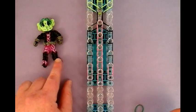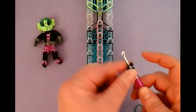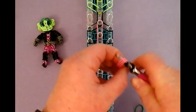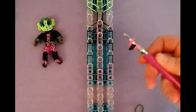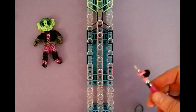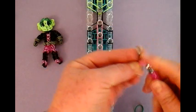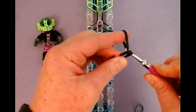Okay, so now we'll make his legs, and you're going to need the hook. You're going to need a double black, so 2 black, wrap it on your hook 2 times, so 1 and 2. Then you're going to need a triple pink. So 3 pink, slide that over, bring it back on the hook so it looks like that. And then you're going to need 3 stitches of double black. So 2 black. So here's 1, 2,